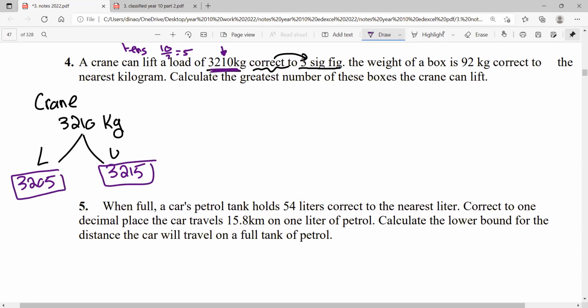تمام؟ أنا دلوقتي السواق بتاع الونش ده. جه حد سألني قال لي الونش ده يقدر يشيل كام كيلو؟ قلت له يا عم يقدر يشيل بالتقريب كده 3210 كيلو جرامز. بس أنا لو قرصت عليه وحبيت أجيب آخره هيشيل كام؟ 3215. بس أنا مش هعمل كده. أنا هبقى حنين عليه وهشيل 3205. تمام؟ So 3215, this is the maximum weight the crane can lift, and 3205, this is the minimum weight the